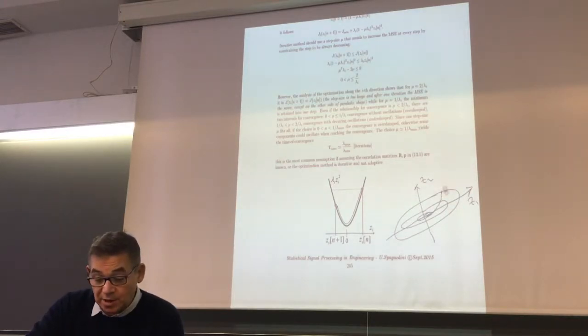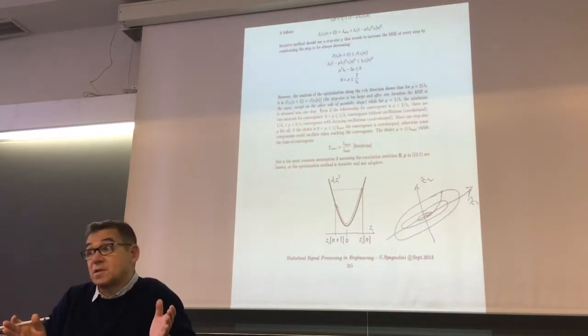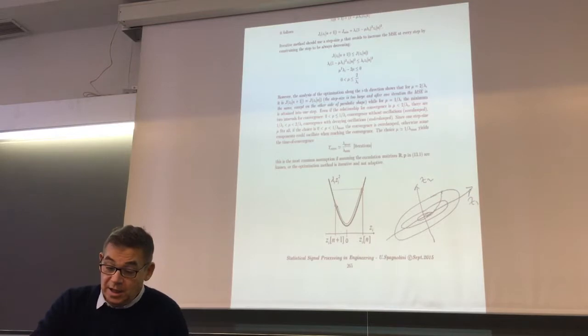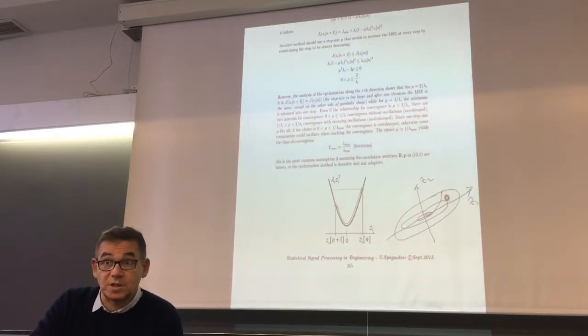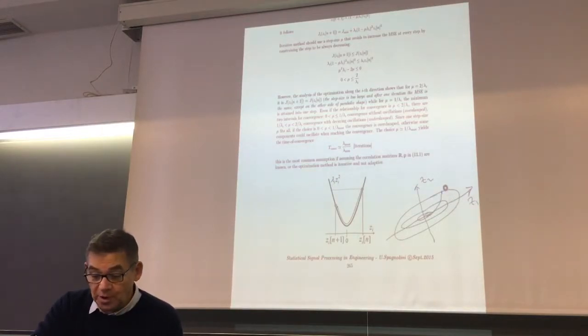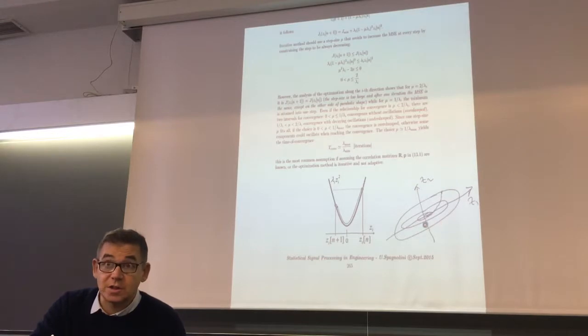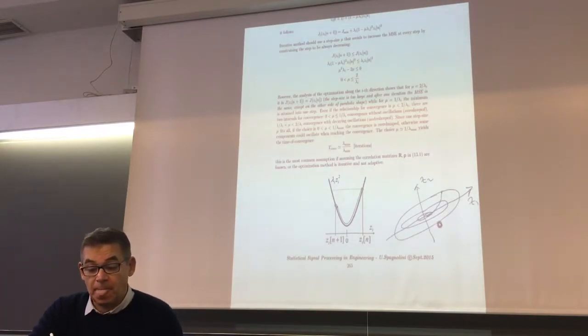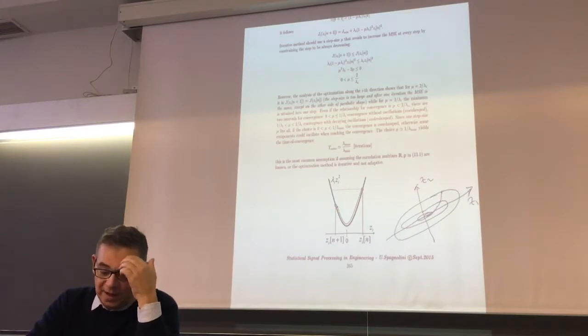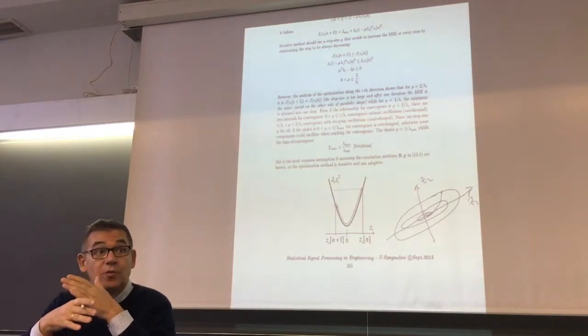Since in this direction the quadratic form is steeper, and the steepness depends on the eigenvalue, the quadratic form in this direction, which is Z2, is steeper, which means that lambda 2 is bigger. Now the convergence is quicker. On the other hand, along Z1, where the curvature depends on lambda 1, the convergence is smoother, slower. So if I look at the convergence in this direction and the other direction, I can decouple the behavior of the convergence.